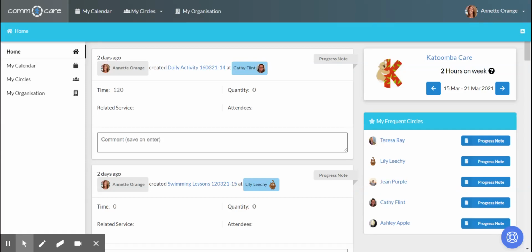Progress notes are also known as case notes or support logs. Progress notes are what you use to keep track of your billable hours and other services delivered to the participants. There are 3 ways to create progress notes in Comm.care, so I'll start with the most preferred approach, which is